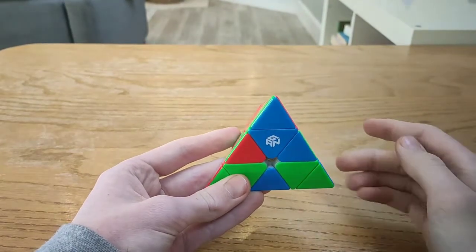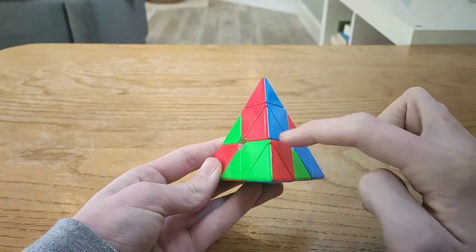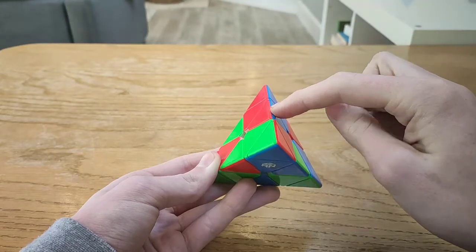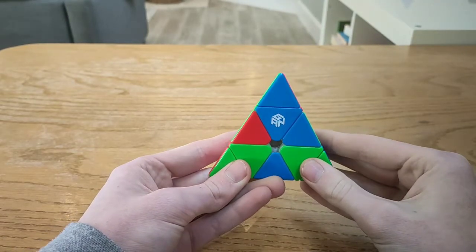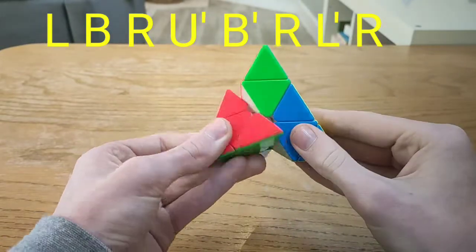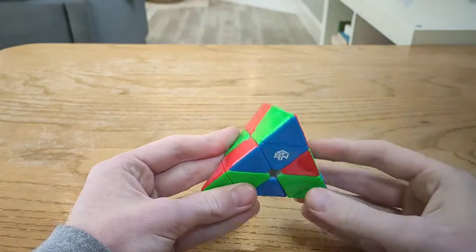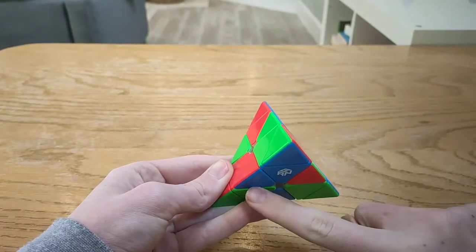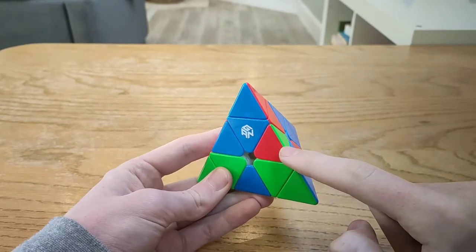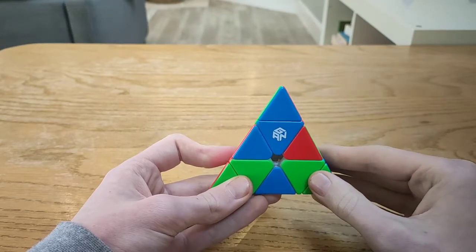In this case, you have two bars pointing down to the right and one piece where nothing's correct. You want to hold this piece in the back and you do the algorithm. In this case, you have two bars pointing down to your left and you have one piece where nothing is correct. You want to hold this piece to your right and do the algorithm